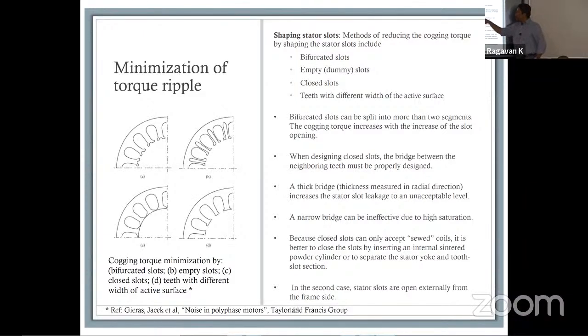So we say we're going to design closed slots to reduce noise. We say you have to make sure that you have the right bridge design for structural rigidity, or you might be looking specifically at magnetic behavior. If you have a narrow bridge, now, magnetically, we talked about this morning, you'll get saturated. So now that's a hotspot creation. Now what? If you have a closed slot, you can essentially have slots which are much closer. So there are different ways that you can approach the problem, but in any scenario, whenever you are going away from a standard design, the general requirement is going to be a corresponding influence on the thermal or the electromagnetic behavior.